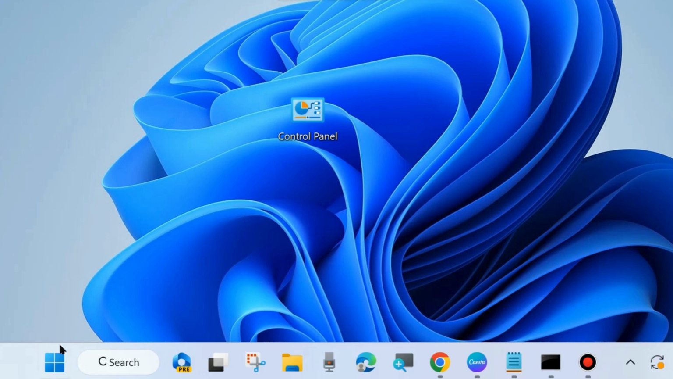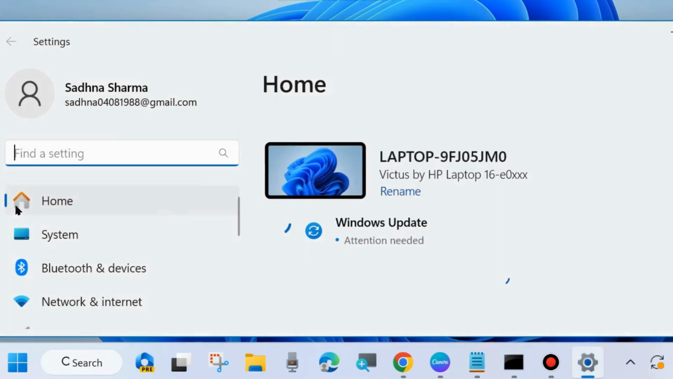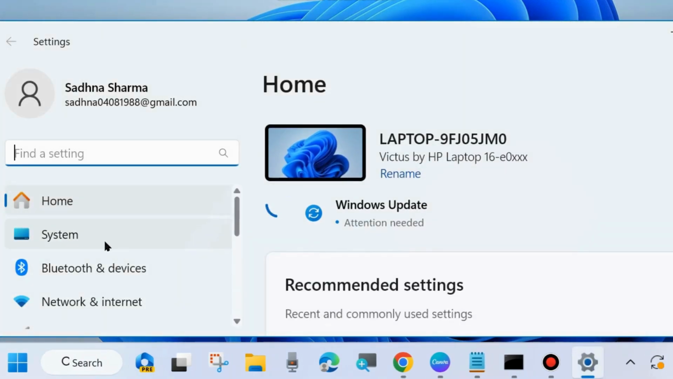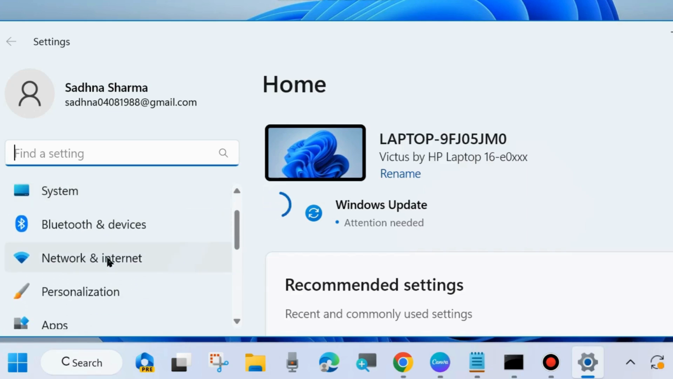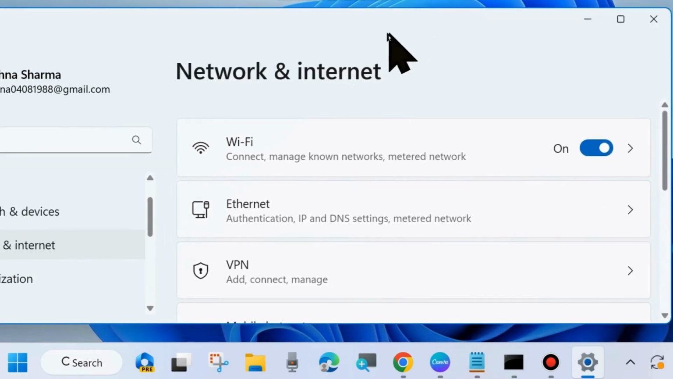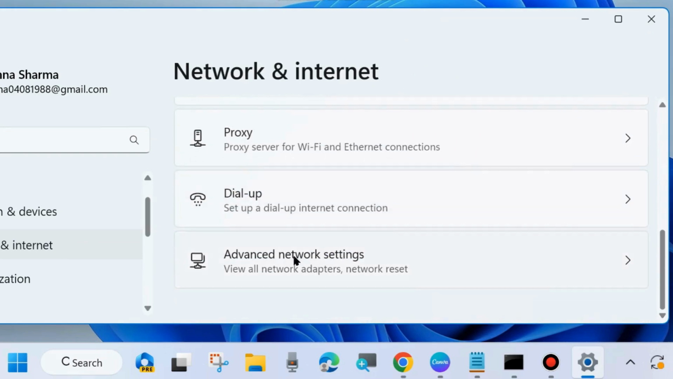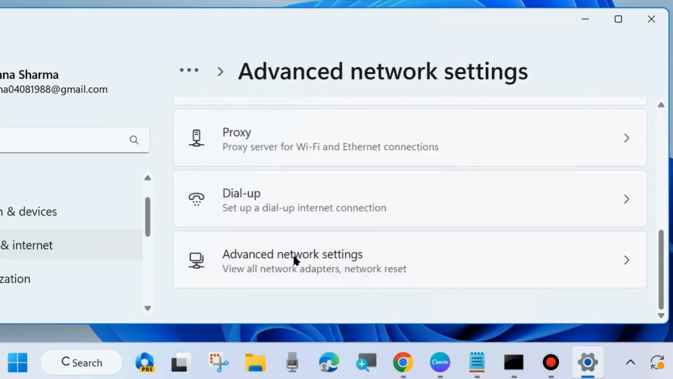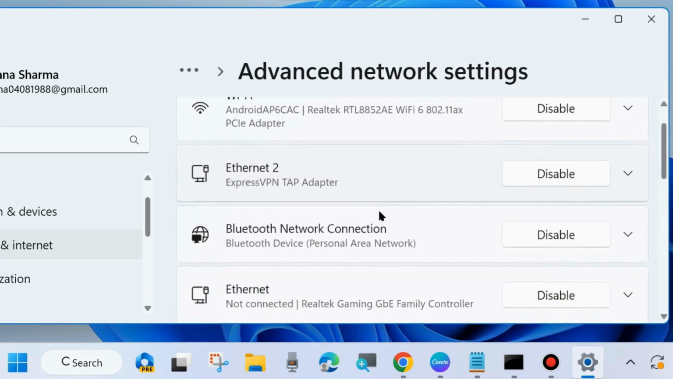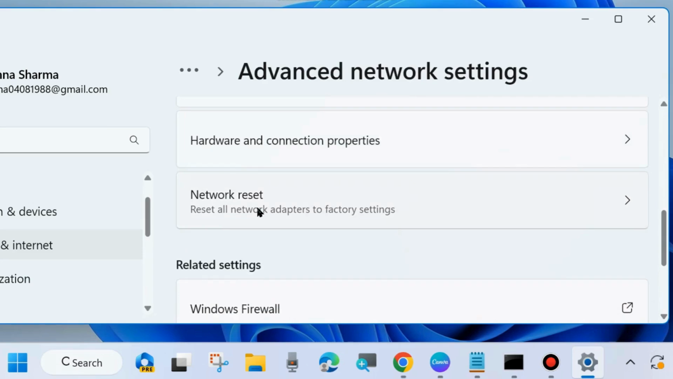Reset your network. Right click on Start button and choose Settings. You may press the Windows + I shortcut key to open Settings page. Here from the left side, choose Network and internet. Thereafter go to right side and here scroll down and you will find the option Advanced network settings. Click on it. Here scroll down and you will find the option Network reset. Click on it